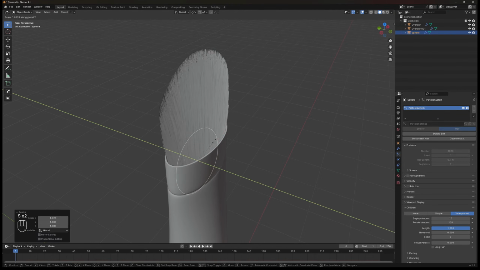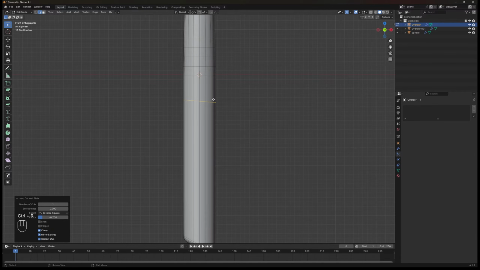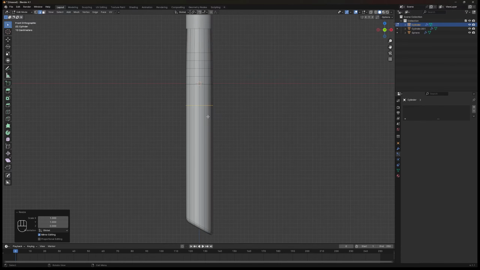Super simple. To add a branding logo, select the bottom cylinder and put a single loop cut on the middle of it. If your edge was crooked, just hit S, then Z, then 0 to straighten them. Really important. Adjust the position of the edge and put a little touch of one bevel there.